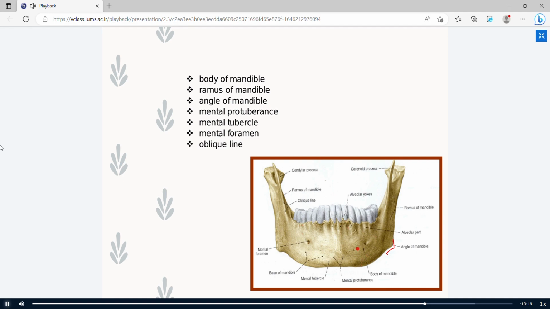In the body you can see the anterior surface of the body, and at the midline there is the symphysis menti. It is a remnant place for attaching of the body of the mandible, because in embryological duration the mandible is separated and is a paired bone, but it is attached at this location and forms the symphysis of